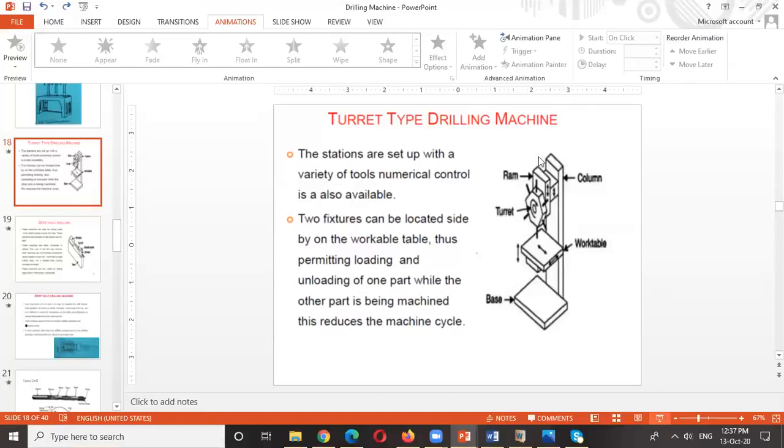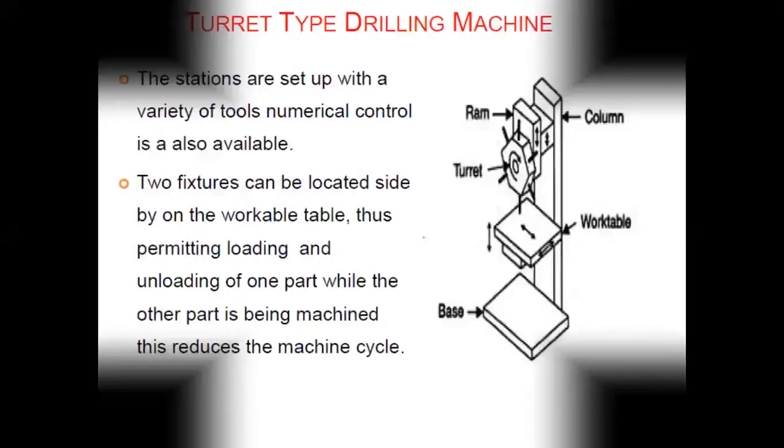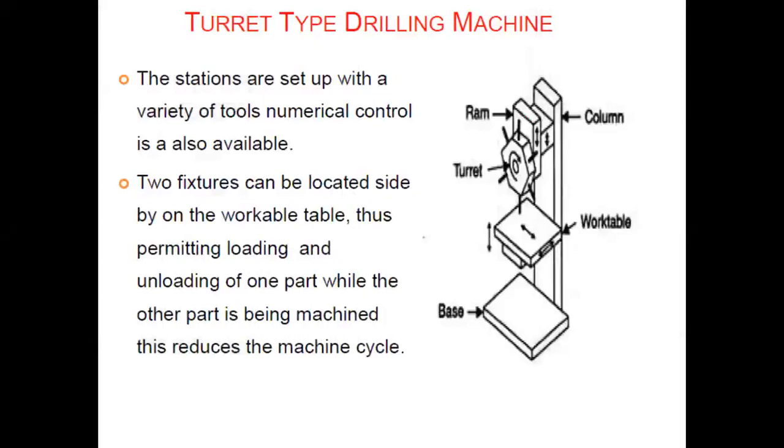One more important drilling machine is the turret type drilling machine. You have already seen the turret lathe. What is there? Multiple tools can be mounted in a single tool post. You can keep multiple tools. Here also, the same thing. In a turret drilling machine, we have a turret. Maybe you can see it here. This is a typical turret. A hexagonal turret is there, and in this hexagonal turret, each face has a different kind of tool.